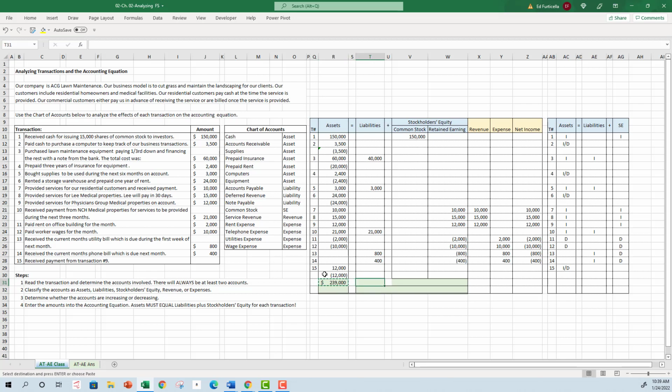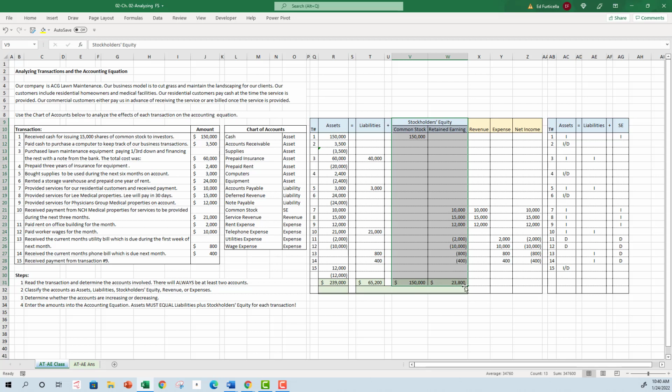We're going to do the same thing for liabilities and stockholders' equity, both the common stock and retained earnings columns. Our liabilities, when we add them up, total $65,200. Our common stock is $150,000. Our retained earnings is $23,800. So our total stockholders' equity would be the sum of the two components of common stock and retained earnings, or $150,000 plus $23,800,